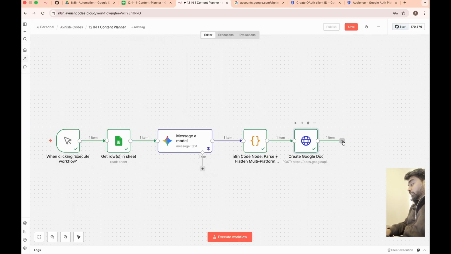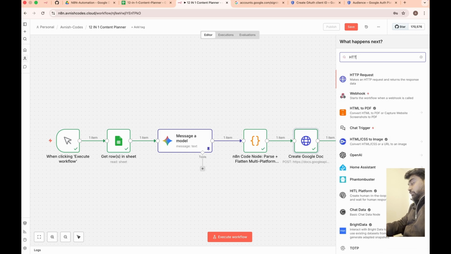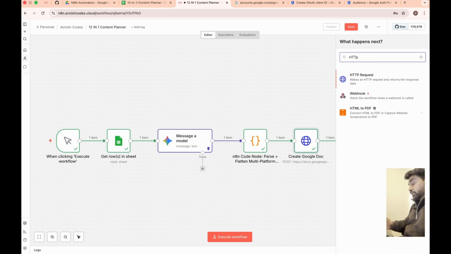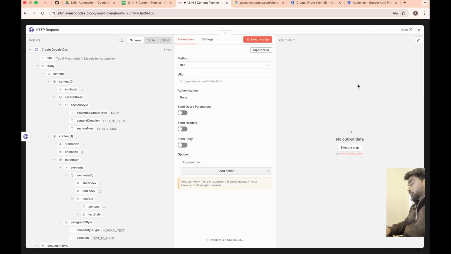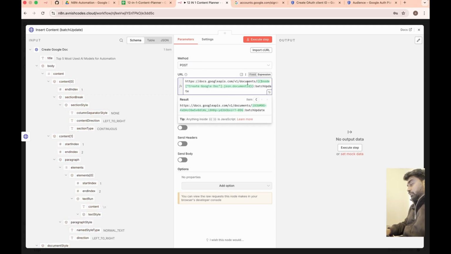Next, we have to create another HTTP request to add that extra content, the body information, into that. So we're going to do the same. We'll create a new HTTP request and name it insert content, and then we'll have to do POST again. This time we're going to use a different API. So look for this URL. In this URL we are using the same API by passing an ID.